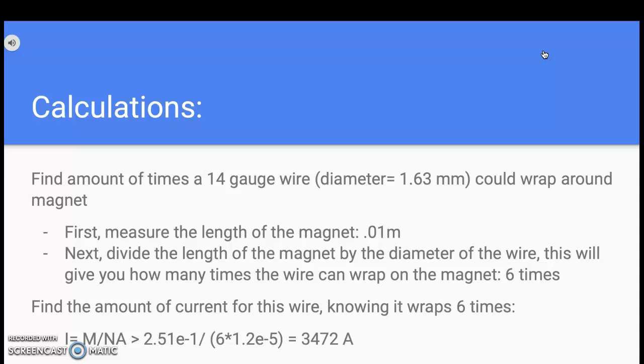So that's the thickness of the wire over the length of the magnet, and see how many times that wire can fit. You should get 6 times. So now that we know that this wire can wrap around our magnet 6 times, you're going to use N equals 6, and do the same thing as before to find the new current for this wire that wraps around it, and it should be about